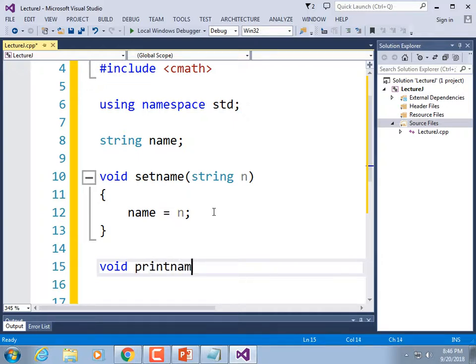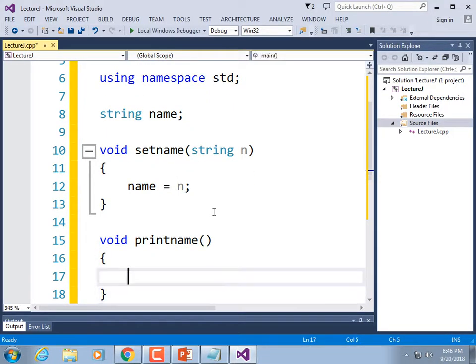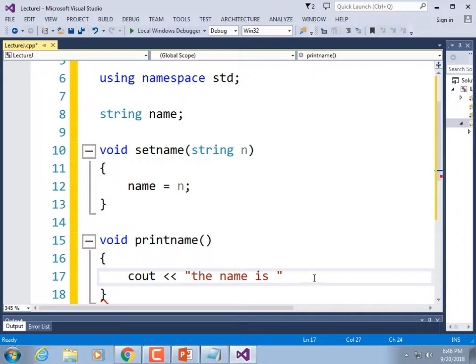So void printName. It doesn't need an argument. So I'm not going to define a parameter. And all it does is cout "the name is " << name << endl;